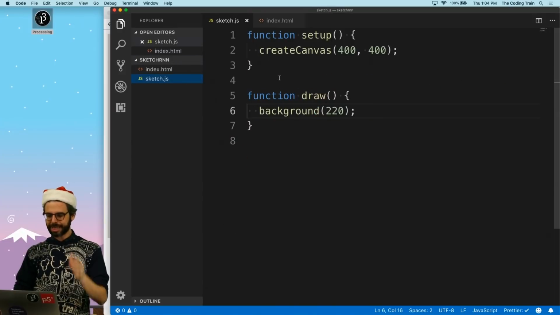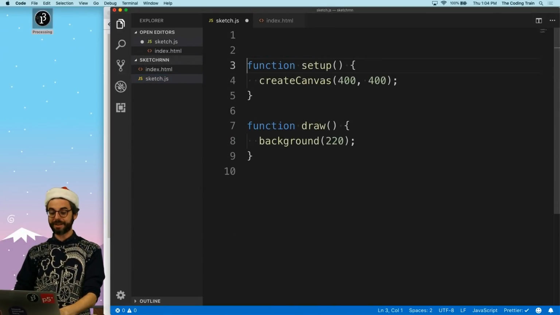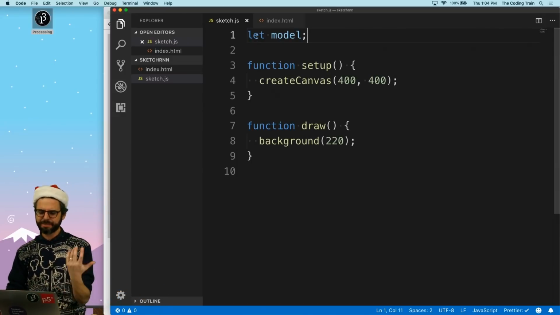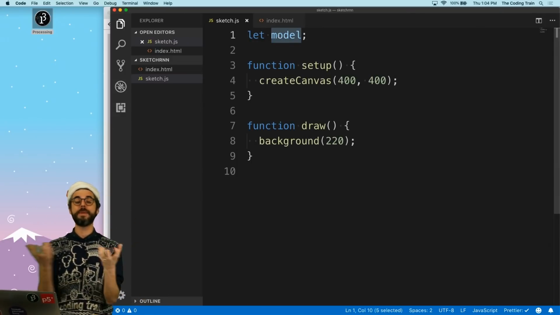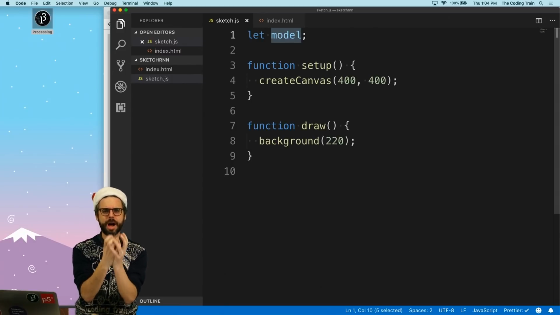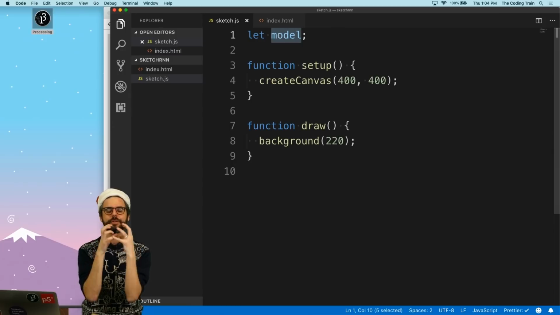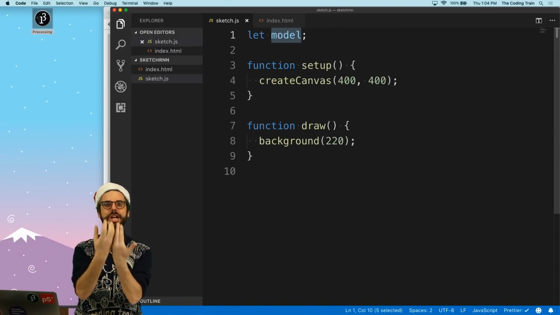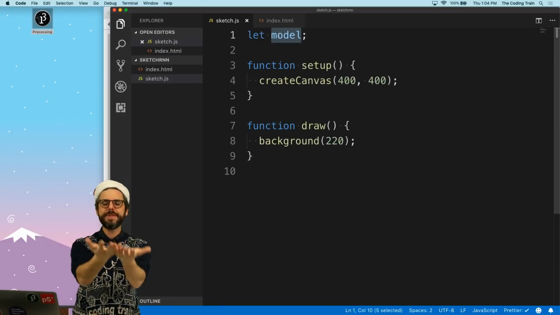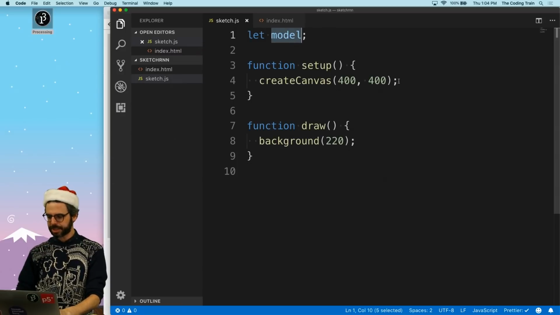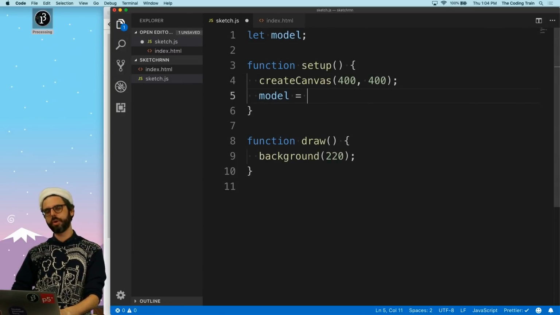Okay, so the first thing that I want to do is make a variable, and I'm going to call it model. I could call it Sketch-RNN, but I'll just call it model. Model is the thing that's going to hold the Sketch-RNN model. It is all of the information, the brain of that neural network that we can ask to generate new stuff. So we can say, hey, give me a new point along the path that you're imagining to draw. So I'm going to say model equals